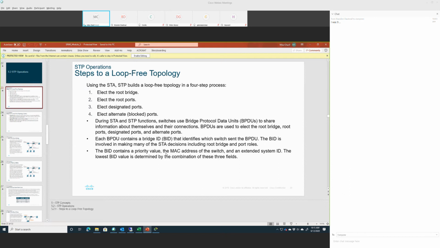Priority value, for example, I think they have 32768 by default. So all the switches by default are going to have the same priority value, which is 32768, if I'm remembering correctly. Then the MAC address, the MAC address of the switch. So the switch that has a lower priority value and lower MAC address,